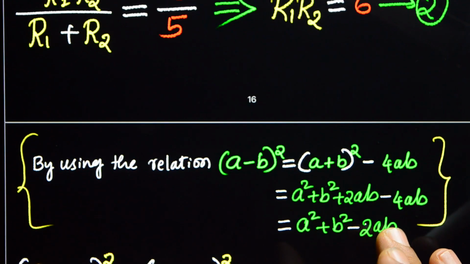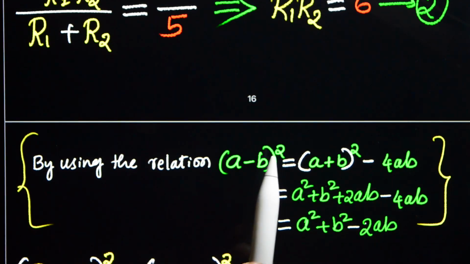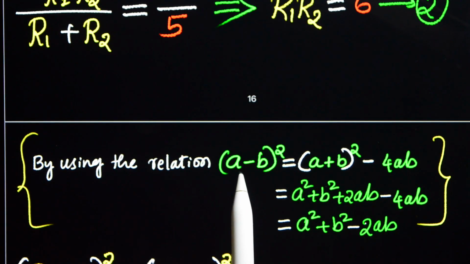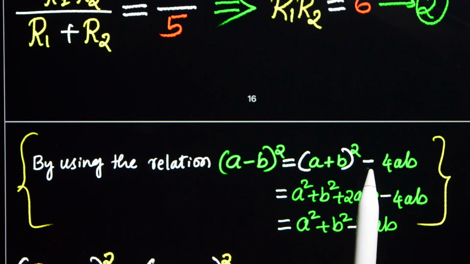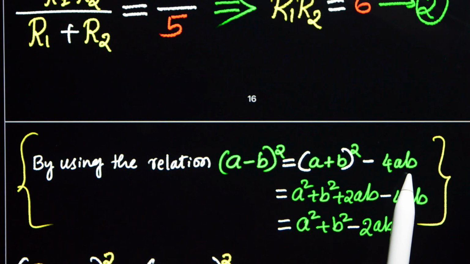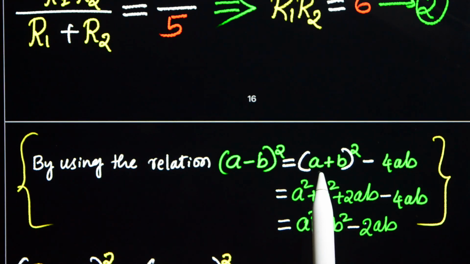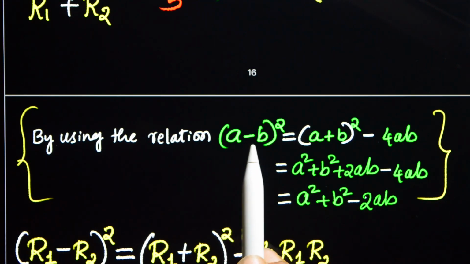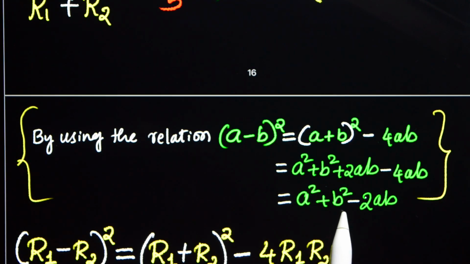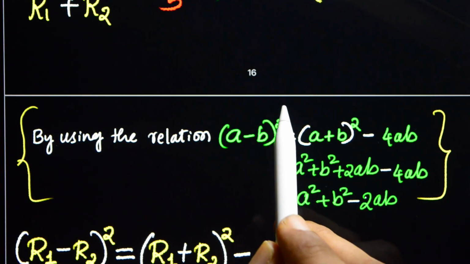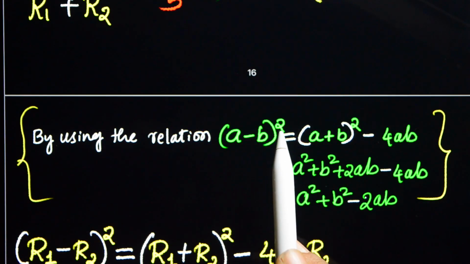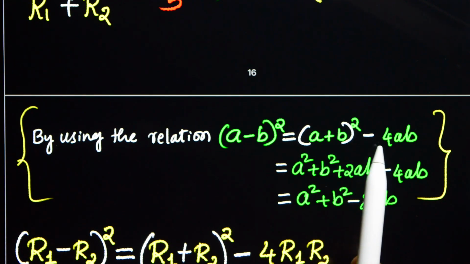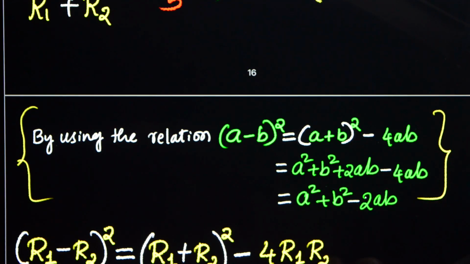And now we'll use a relation. We can write (A minus B) whole square is equal to (A plus B) whole square minus 4AB. If you elaborate it, you will get (A minus B) whole square is equal to A square plus B square minus 2AB. Now you can write (A minus B) whole square is equal to (A plus B) whole square minus 4AB. Using that relation,